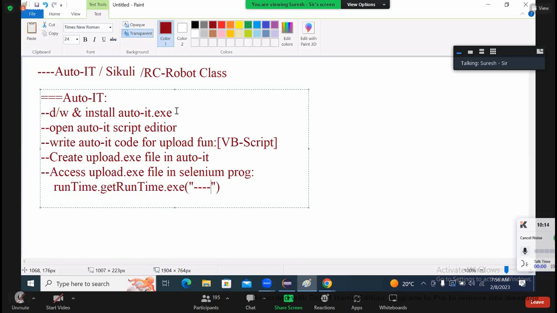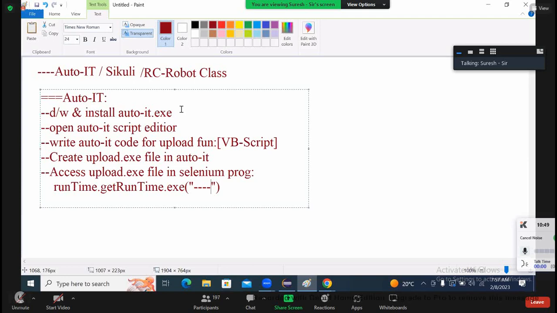Similar to that, this Auto IT code we cannot write directly in Eclipse. Because of that,